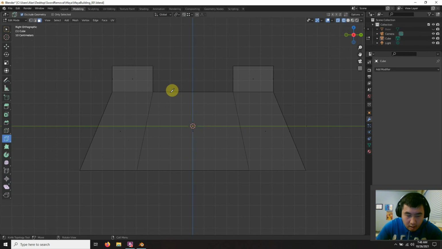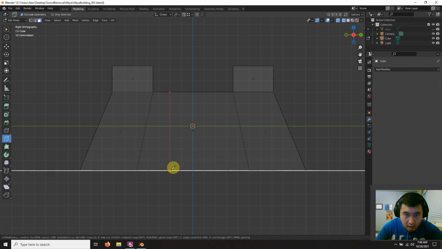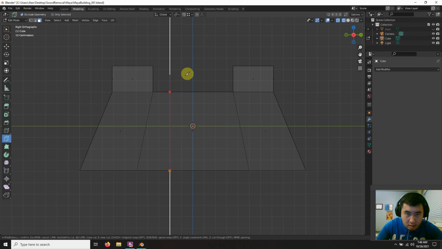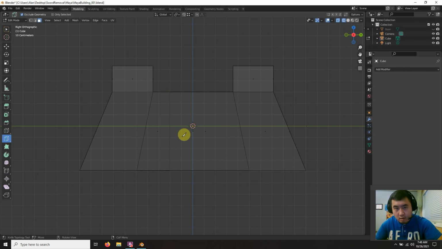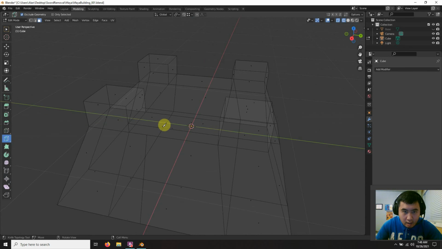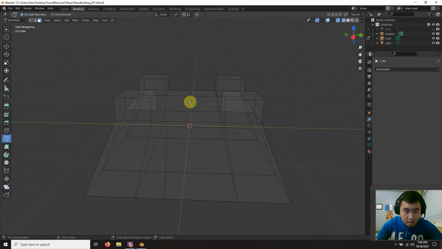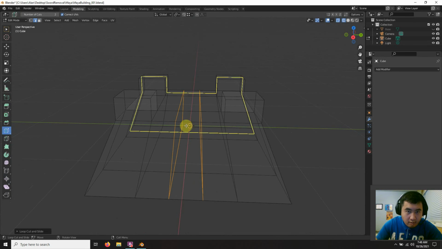When you click here and then click C to cut straight, it's kind of annoying because then click enter, it does not cut all the way through. So what you do is undo, Control Z, go to this and cut both lines,